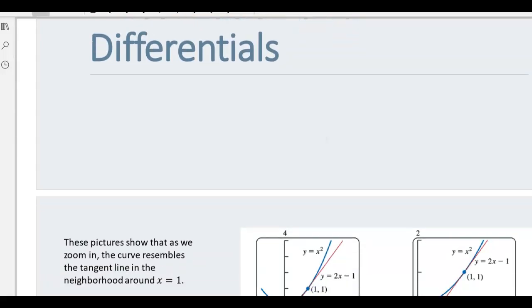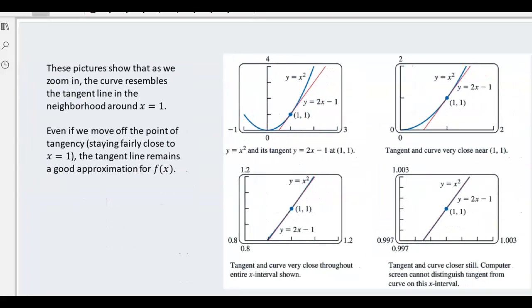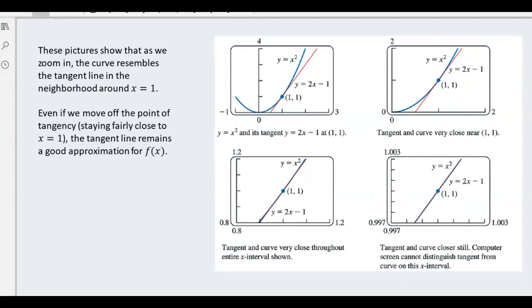We use the derivative and the small changes that can happen in the tangent line to estimate what's happening on a complicated function. In our examples, we're going to use functions that we know so that the math is not too challenging. In these pictures, we are looking at a tangent line to a curve we've talked about a number of times,